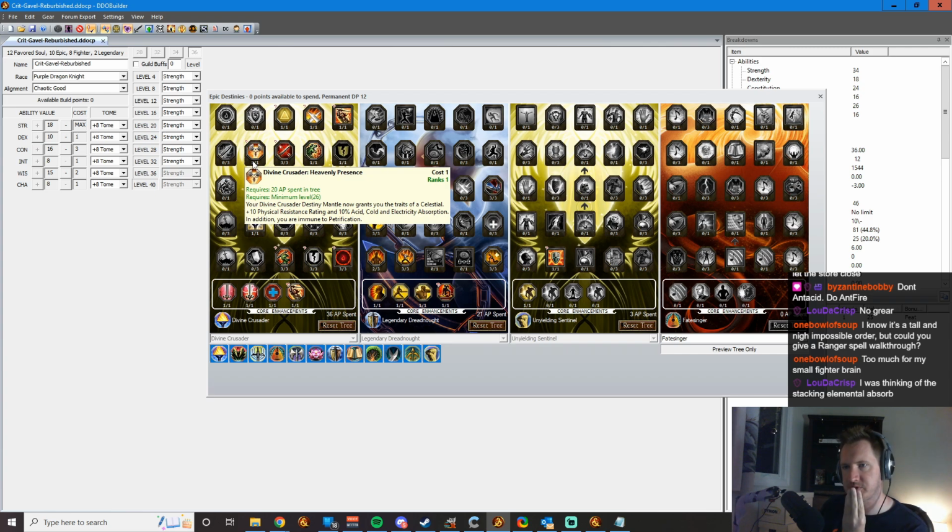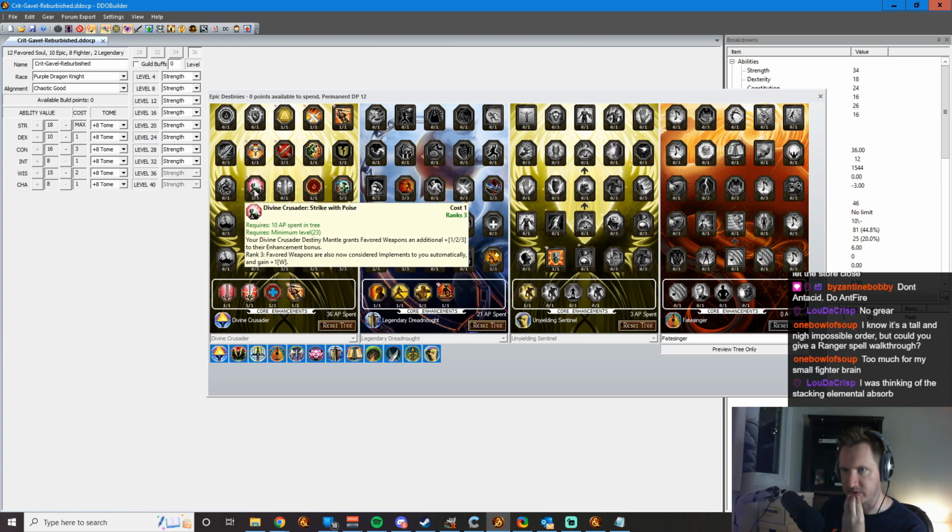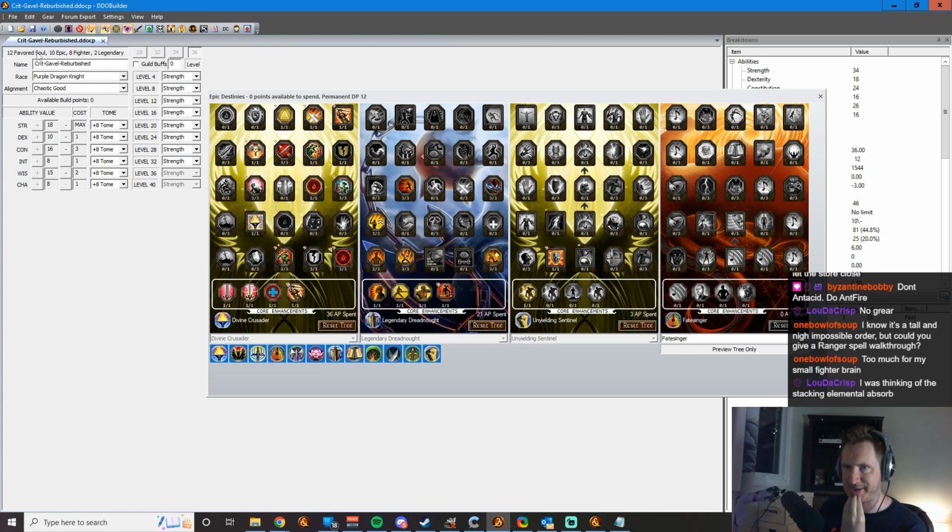You got the Elemental Absorption here that you talked about that you liked, and it's 10 PRR. This is a really good one. This is a 1-pointer? Jesus. I thought this was a 2-pointer. Yeah, being Chaotic Good, it makes your Mauls apply Chaotic Good, which is great because you're going to be using